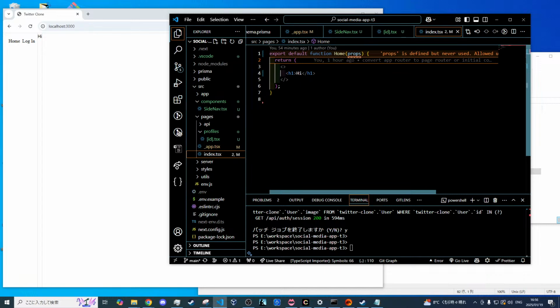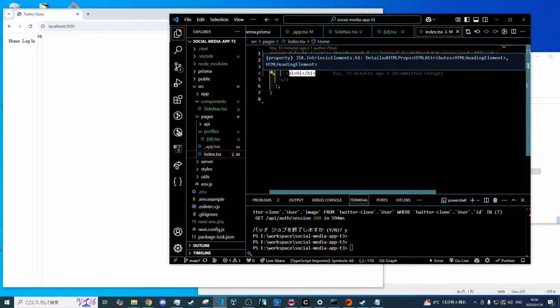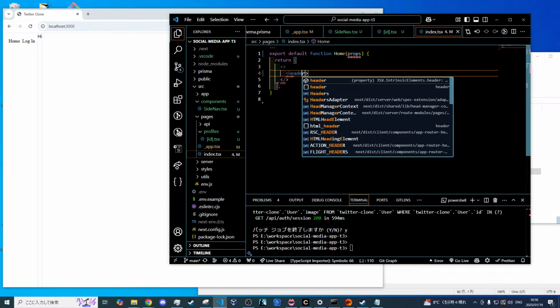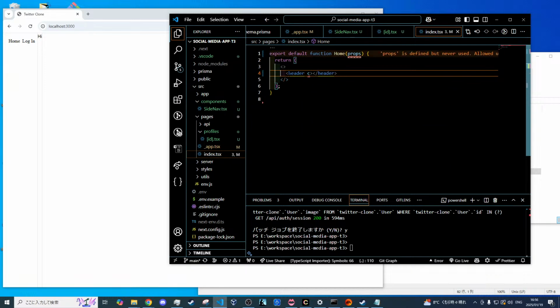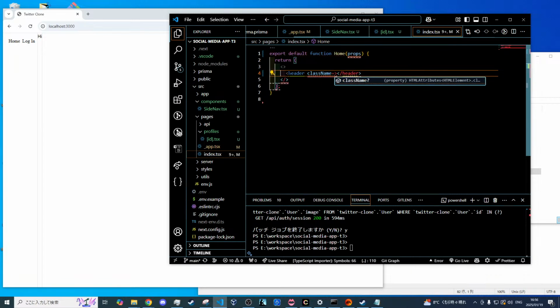So let's go ahead and get started by just creating a header. So first I'm going to do some empty tags here because we're going to have multiple things we want to return, with the first one being our header. And this header is going to have a bunch of classes applied to it. So we want this to be sticky as well at the top, so top 0. And we want to make sure it shows up above everything. So we'll give it a z